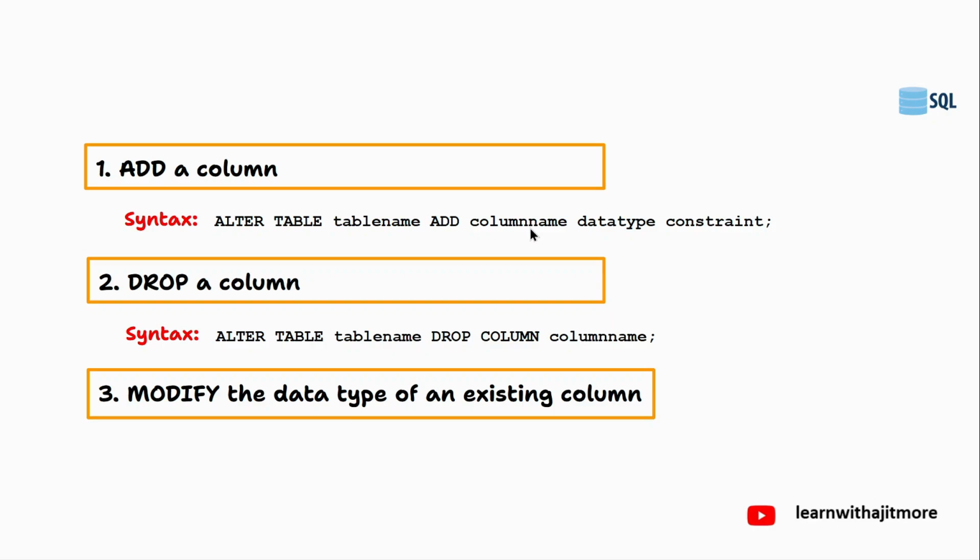The column whose data type you want to change, that column name you have to give, and then the new data type and its size, उसका नया डेटा टाइप और उसका साइज देना है।